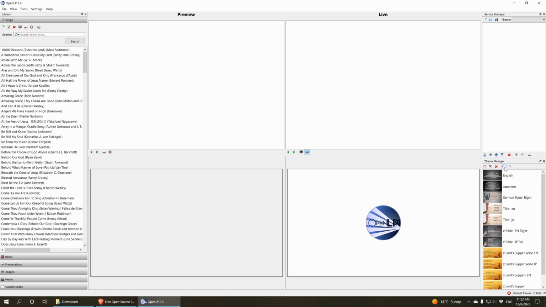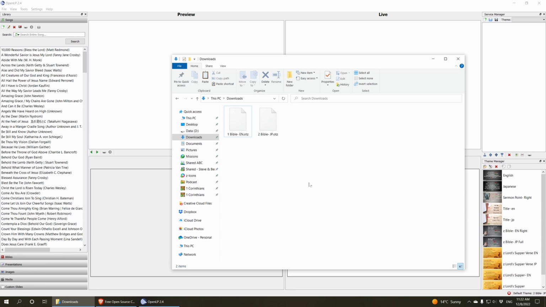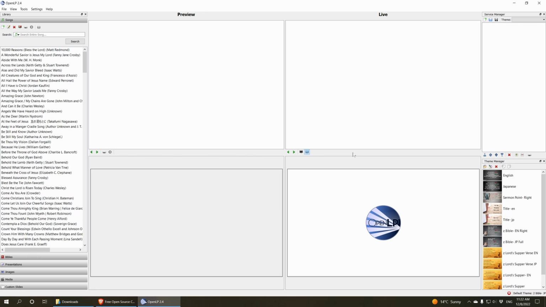Right here, you'll have this thing called import themes. Now you can get themes. One of the ways, I've downloaded a couple of themes. One of them is called the Bible. These are just themes that I made, one for displaying my Bible in English, and one for displaying the Bible in Japanese. So here are two themes that I've downloaded, and we're going to install these into the OpenLP